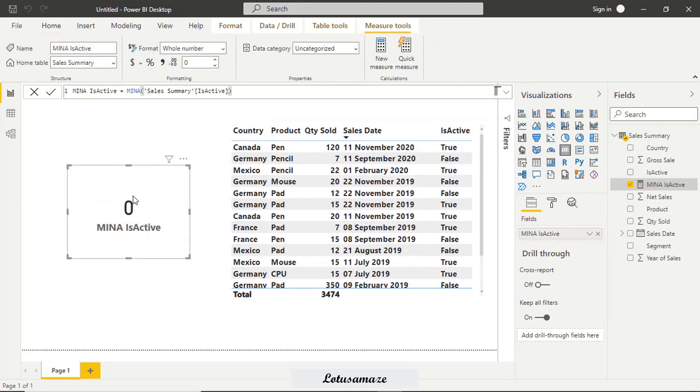We get 0. We have true and false in this column, logical values, and 1 for true and 0 for false. So 0 is less than 1, which means 0 is the minimum value. That's why we have 0. So the MINA function also works on logical values.